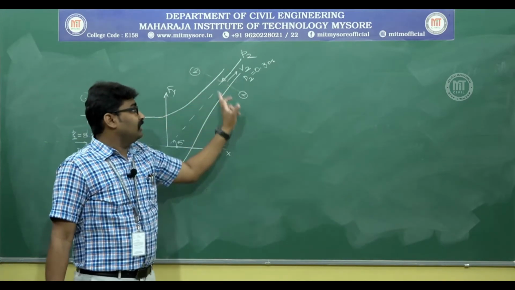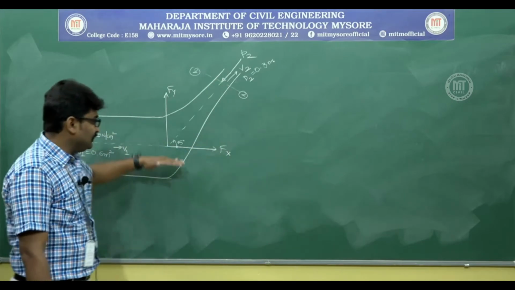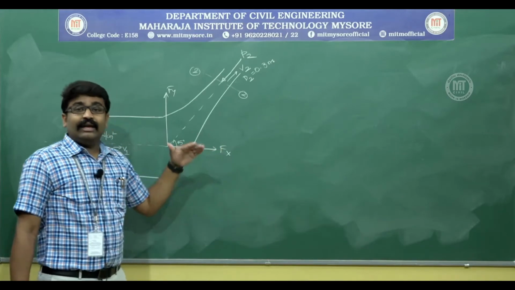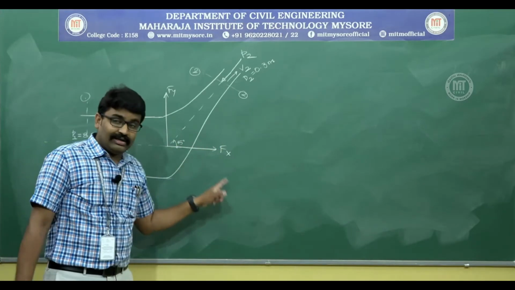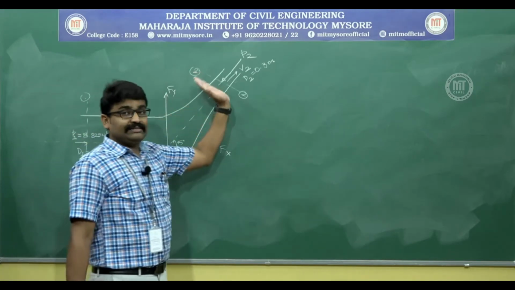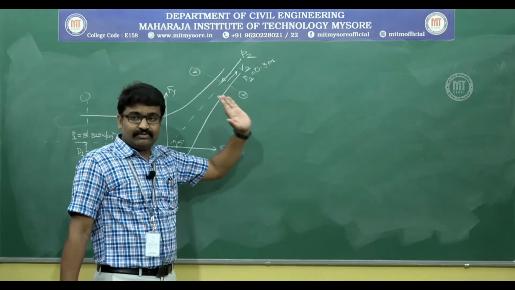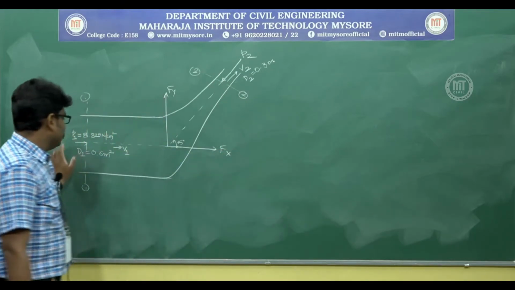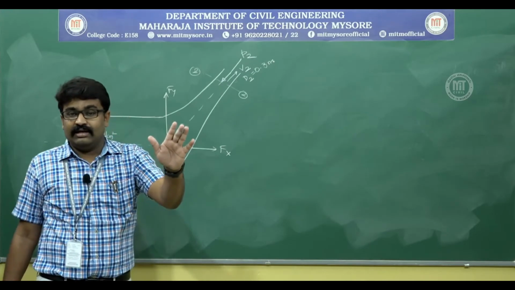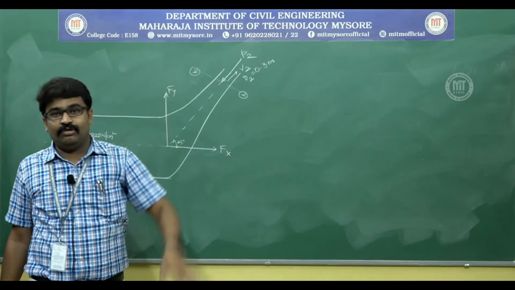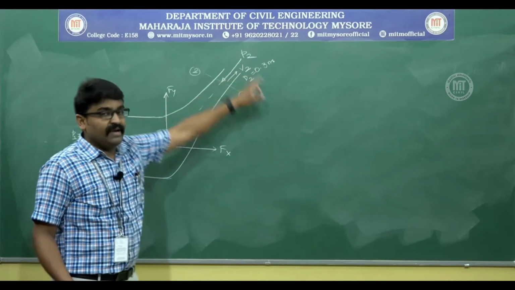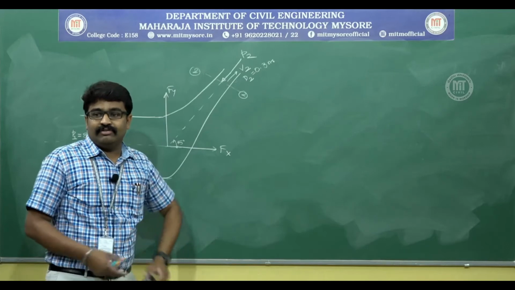Just because I have drawn section 2 here, do not think that section 2 is above the center line, because the dimension is being changed here only. Section 2 is very well here, but I have just shown section 2 here. Hence when you apply Bernoulli's equation between section 1 and 2, Z1 and Z2 get cancelled. This is an important part that you will have to remember, and hence you can easily find out P2, provided you know V1 and V2.